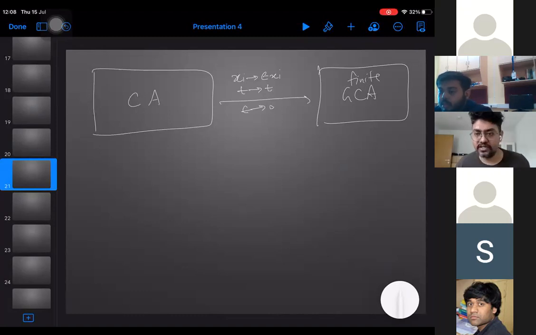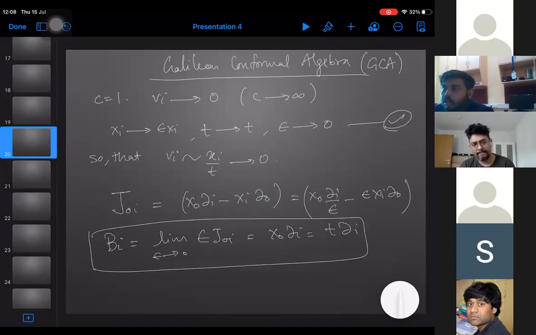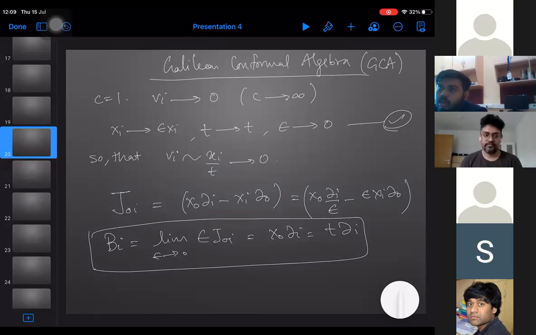So here, when you're taking this limit, you're taking this in the embedding space, is it? So you're looking at the Lorentz generators in the embedding space, and then doing this contraction to get the generators, is it? So basically, just think about the conformal algebra, and then you take the limit on that. What you get is the Galilean conformal algebra. Yeah. Right. So the conformal algebra, because you're writing in terms of Lorentz generators, that is like in the embedding space. Yes. Okay.